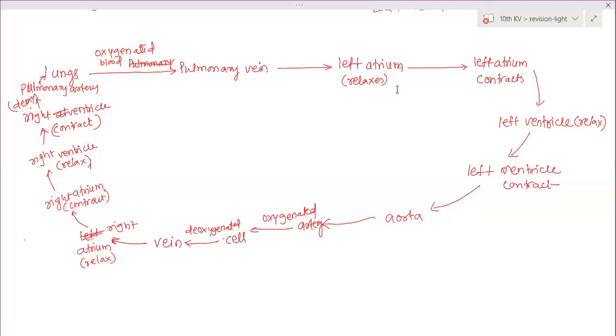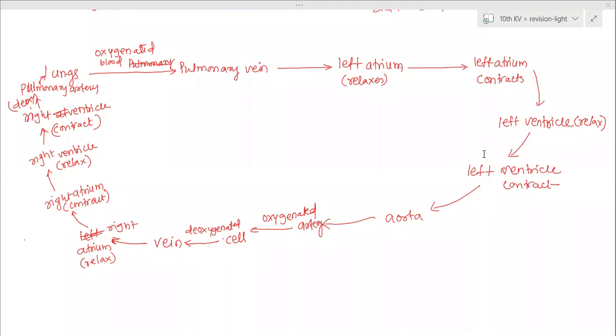And in this one, both systemic and pulmonary is there. So here, lungs to heart. This is the left atrium, so the blood moves from lungs to heart. And here there is a heart part. This is the right ventricle. Heart part is there, the lungs. So this movement is, sorry, pulmonary movement. This is the pulmonary system. And this side, from the heart to the different cells of the body.